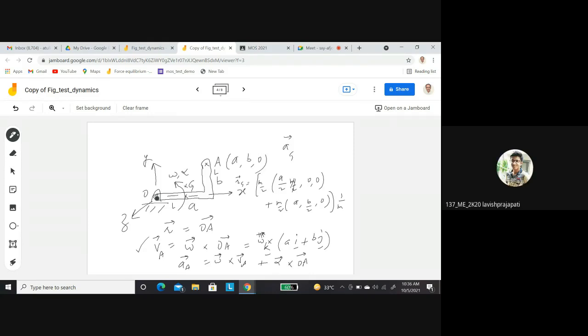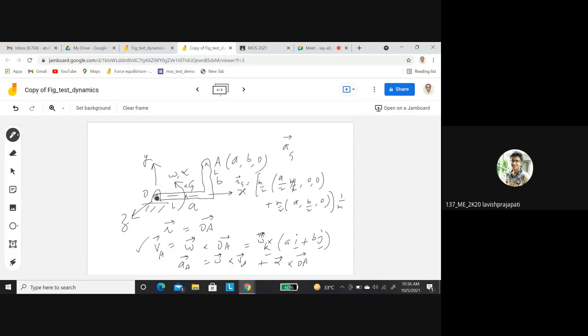Sir, please explain once again, this centroid part. Look, centroid. What is the centroid of this rod? Suppose this rod is of length L on both sides. So what is the mass of this part of the rod? M by 2. And what is the position of the centroid? Middle of the bar. And this position is A by 2 distance along the x-axis. And the y and z coordinates are 0, 0.